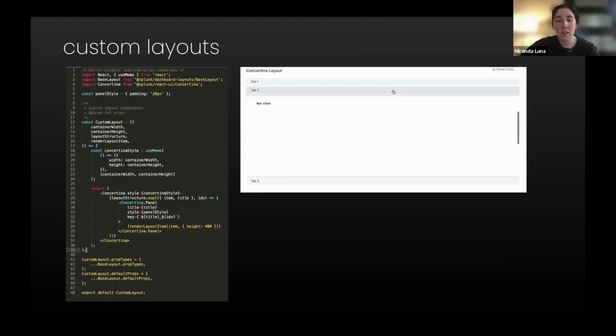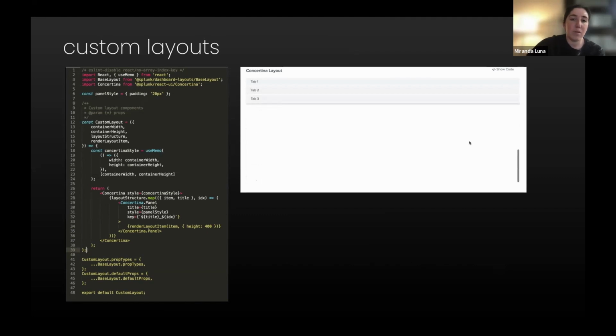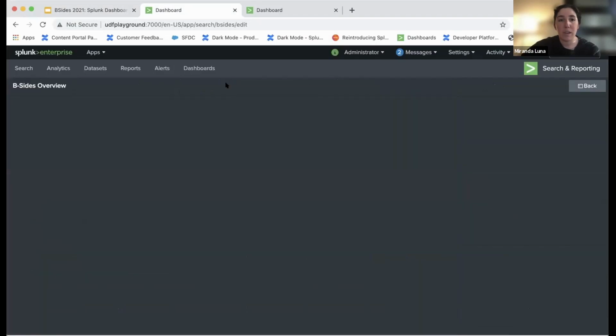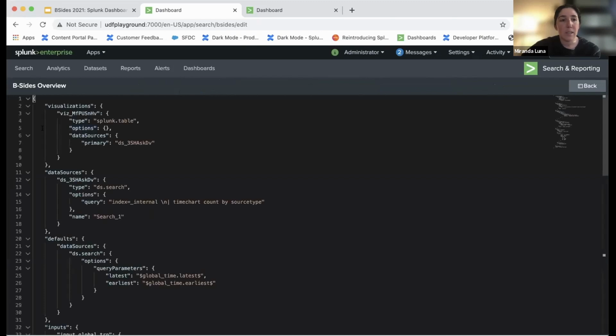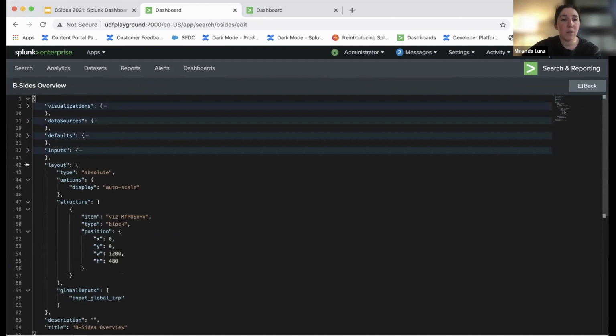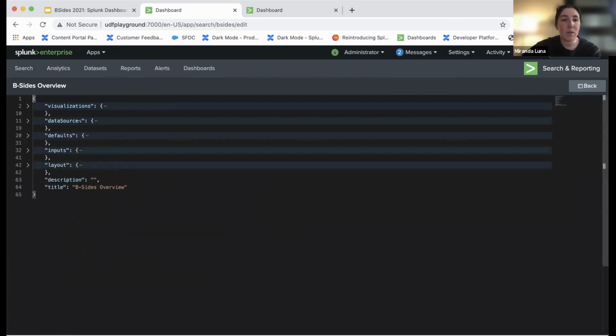So I do want to talk a little bit about customizations. Basically, let me switch out of slides for a moment. It's always easier to talk to what a dashboard is when we look at the definition. So for those of you who may not have dug in too deeply yet on the new framework, if you come in here, you'll notice that it is just a JSON definition, and there are a few key